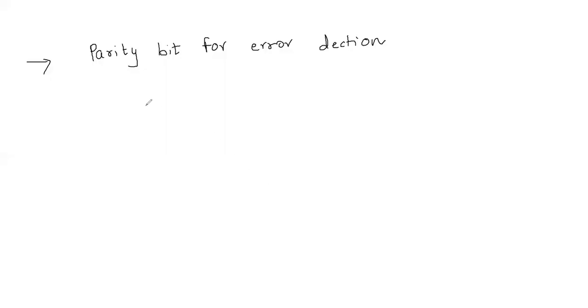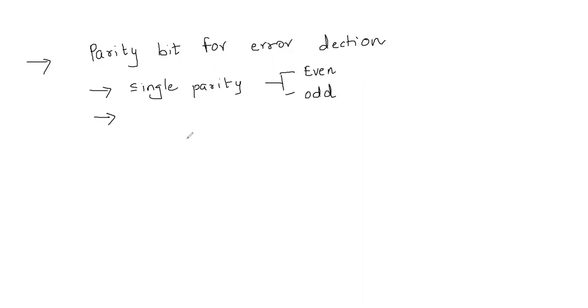So now parity bits for detection. There are other different types of detection. Single parity check codes, single parity. Then that can be classified again into two types further, even parity and odd parity.